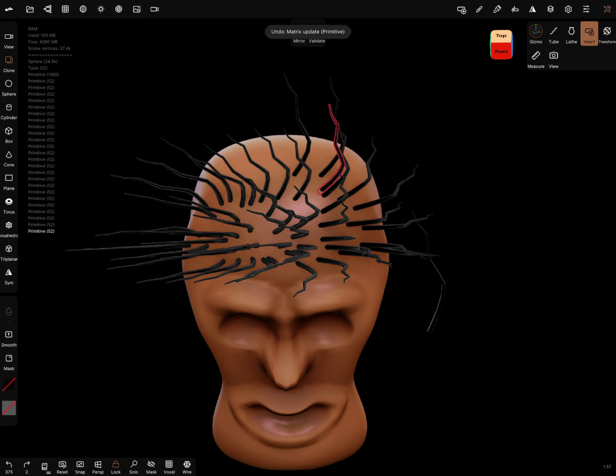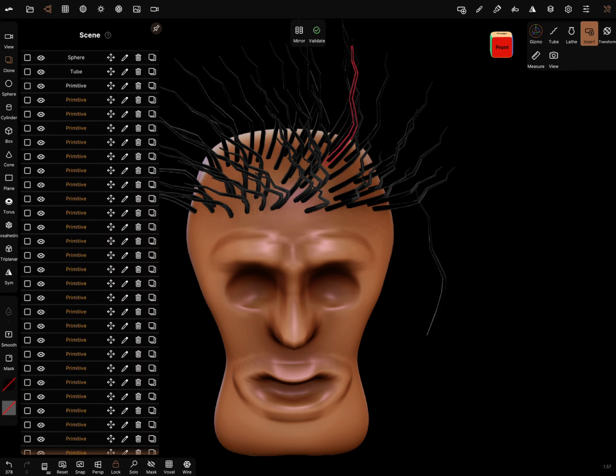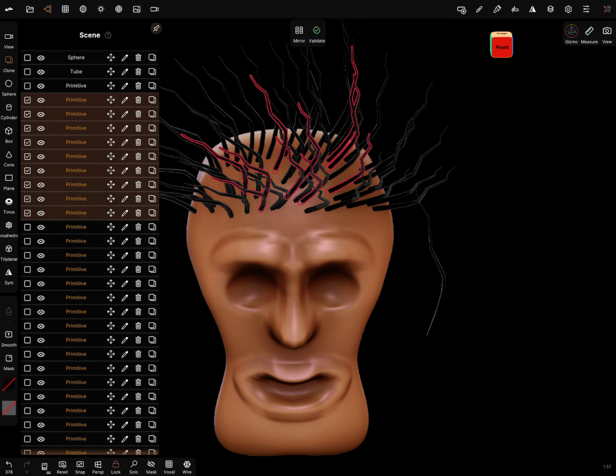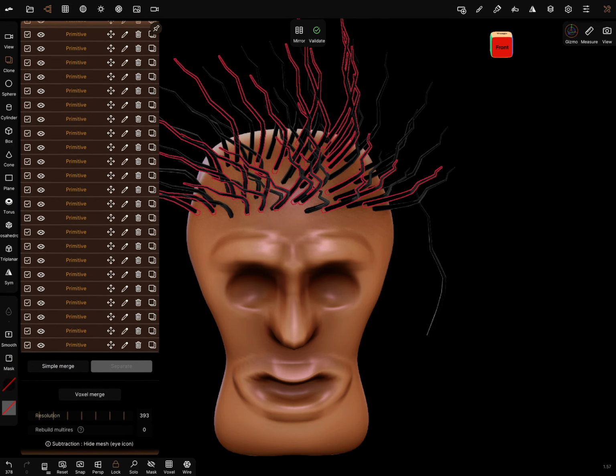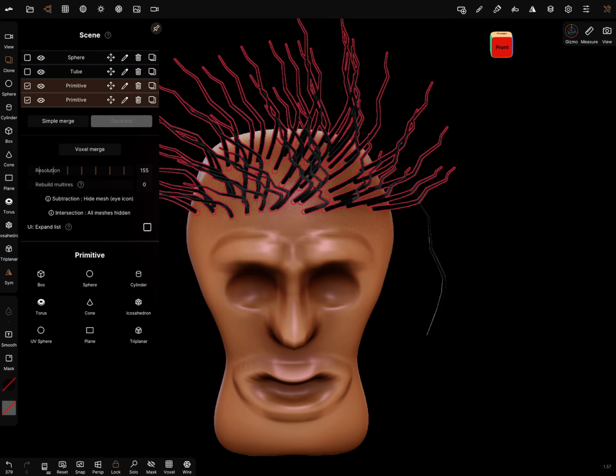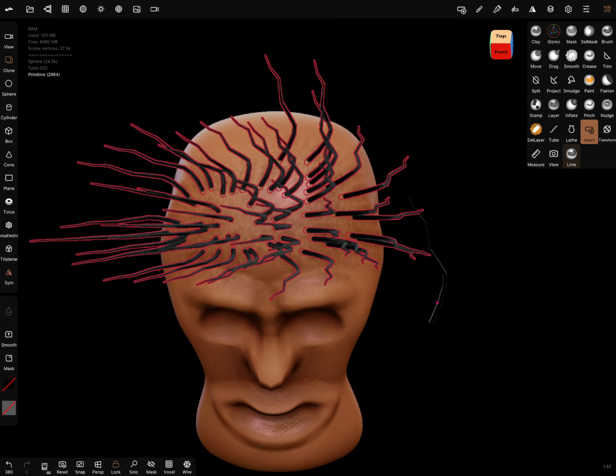Oh, this was not good. And again, you have to select the objects and simple merge them. And simple merge it again with the other object.